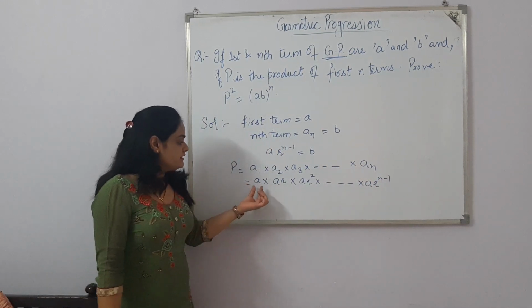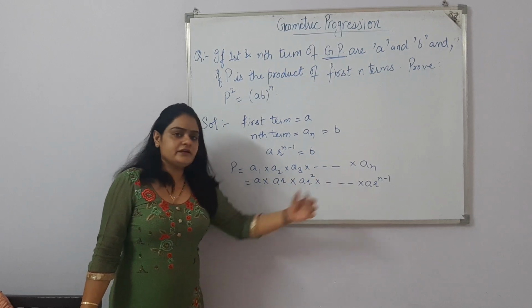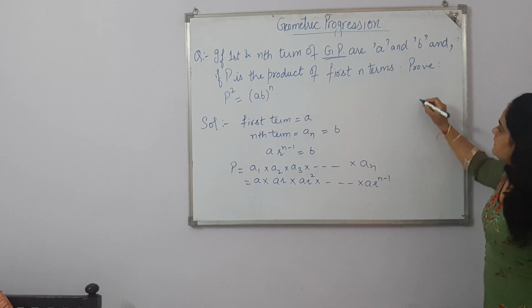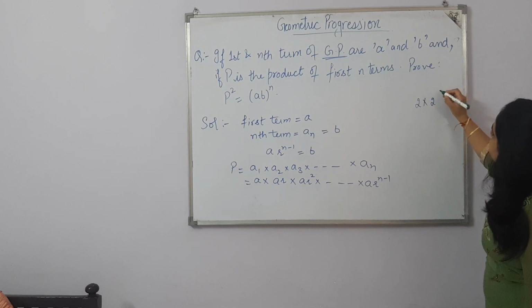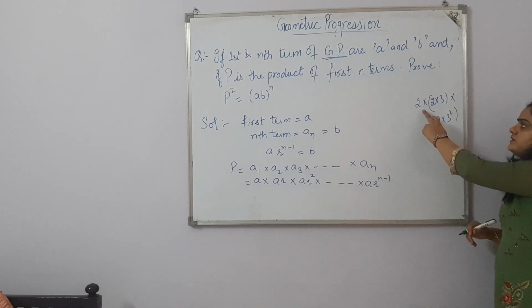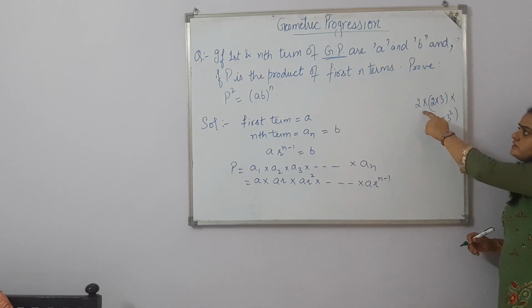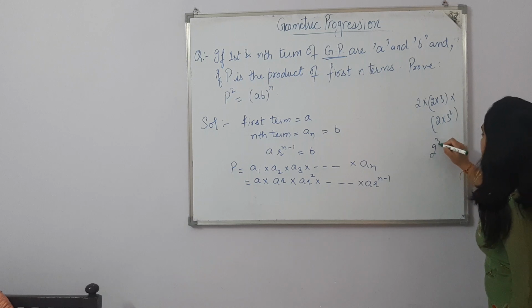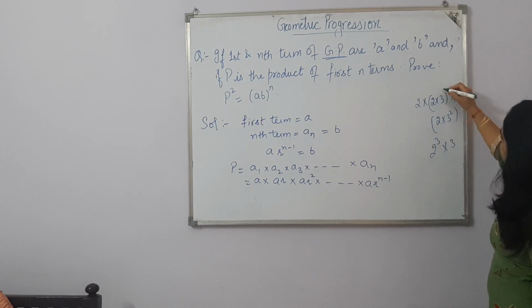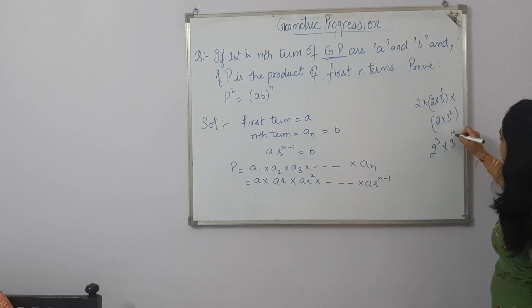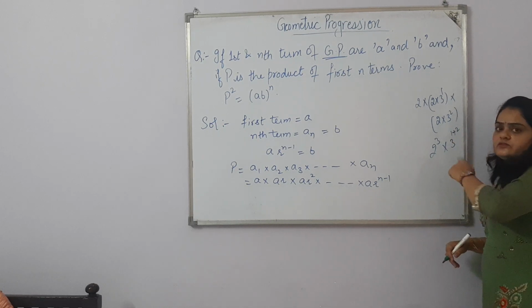But you are watching that A is coming every time. So, if I am taking one example, 2 times 2 times 2: first case 2 is there, in second case 2 is there, in third case 2 is there. That means 2 is coming 3 times. And again, bases are the same and in between a multiplication symbol is there, then we can add the powers, which is 2 raised to power 3.